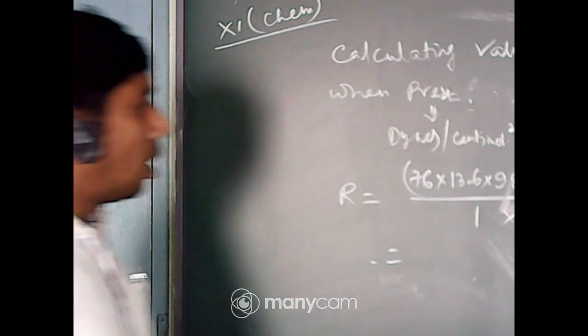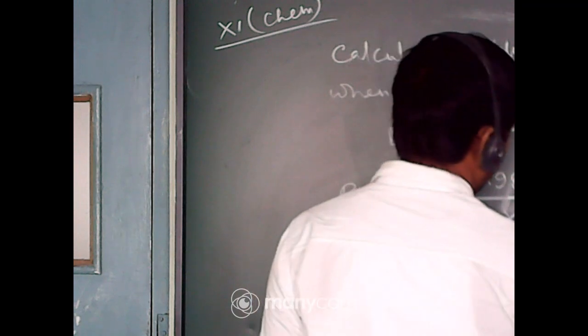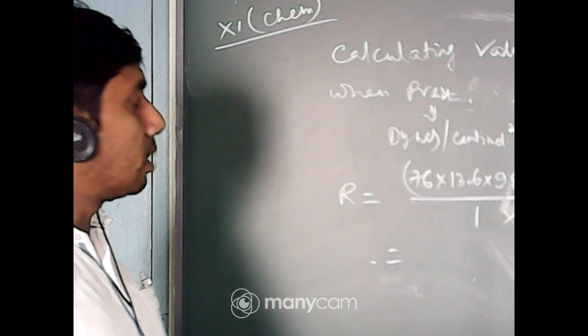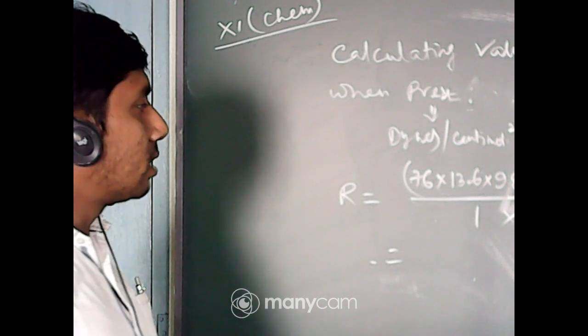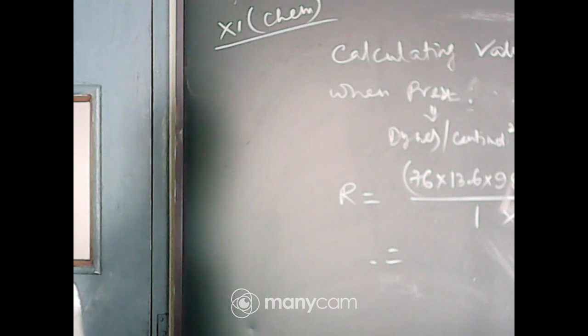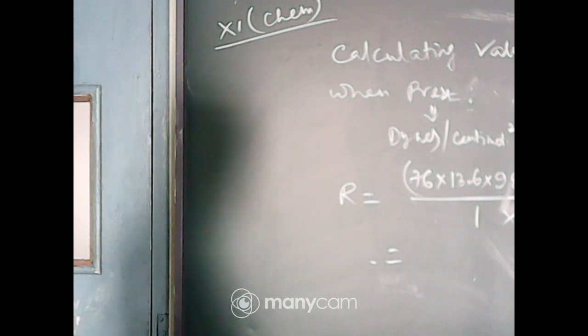Okay. Now just calculate this part. It would be dyne centimeter mole inverse Kelvin inverse. Now dyne centimeter, it is the force acting per unit area or unit length 1 centimeter,